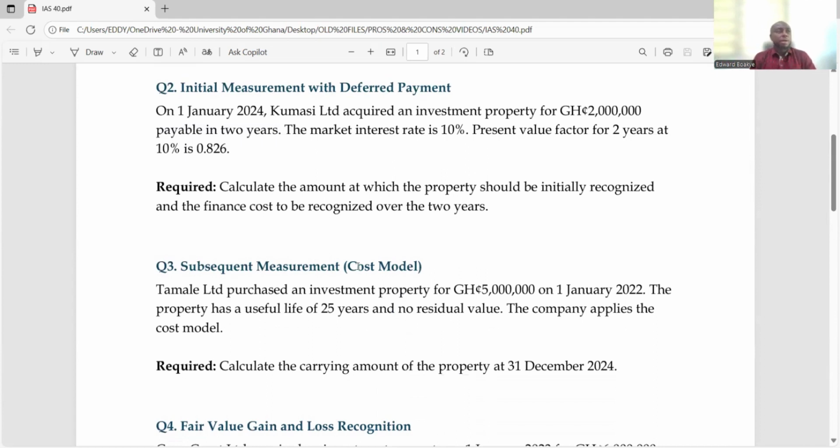If you quite remember when we were dealing with consolidation, we dealt with deferred consideration. So this is more or less the same as deferred consideration. If you know the idea of deferred consideration, this is the same thing. Something which is going to be paid in future. So on 1st January 2024, Kumasi Limited acquired an investment property